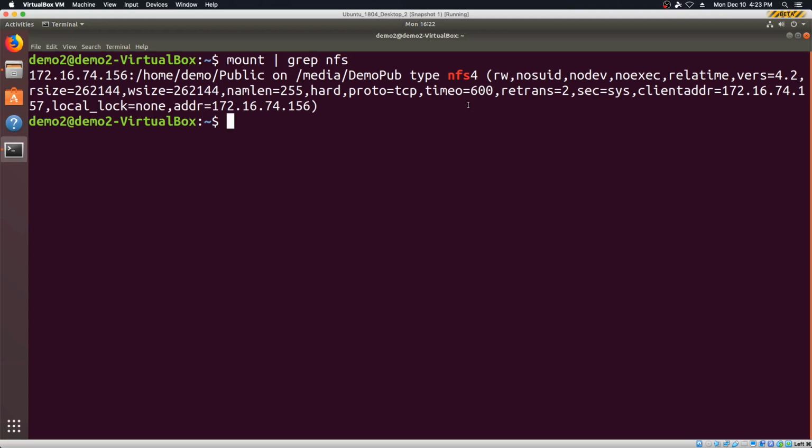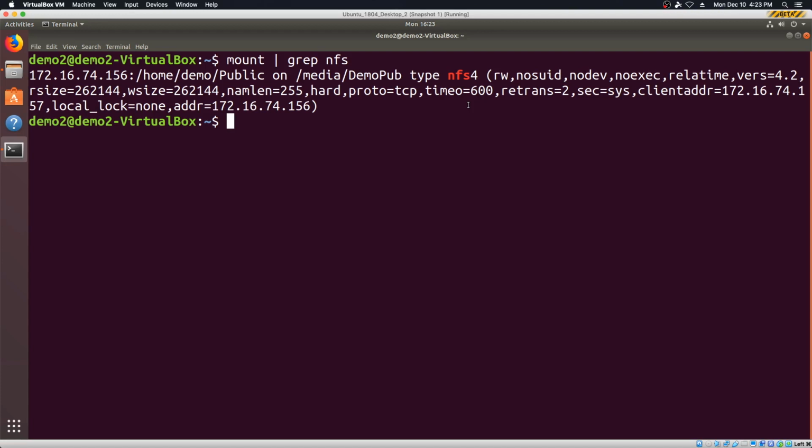It shows the IP address of the machine acting as a server with a colon, /home/demo/public, and it tells us where it's mounting it on the local machine. It's mounted at /media/demopub. Type is NFS4 for the file system type. And it tells us other things like read-write status, no SUID, no dev,